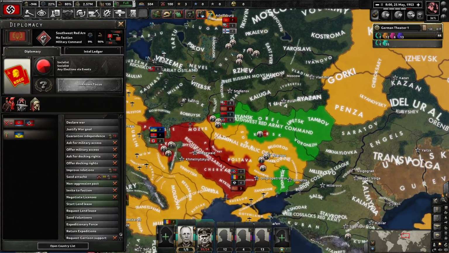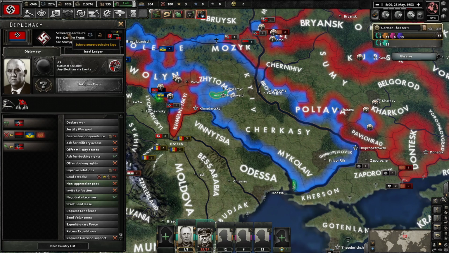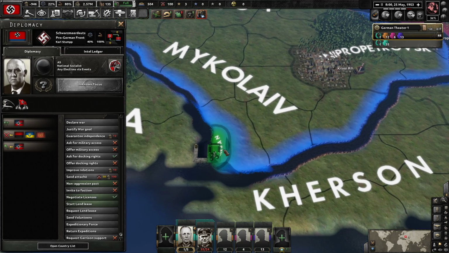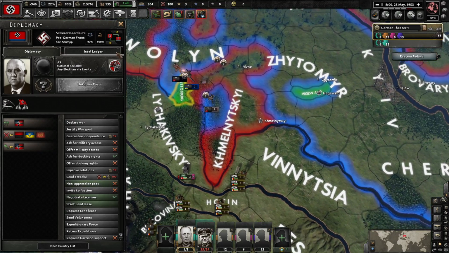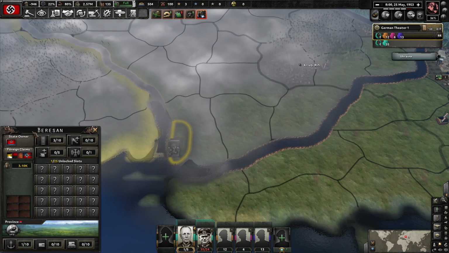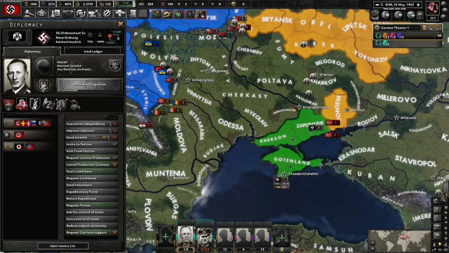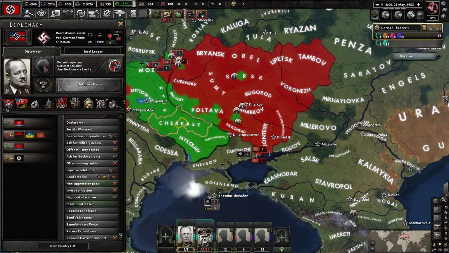completely. It's very, very unlikely that it survives. Ukraine is in a little bit of a better position, and they also have the Schwarzmeer Deutsche Liga on their side, because why the fuck not? They're basically a few single provinces: Ottosburg, Hegewald, and Beresan. Okay, sure. I believe Gotenland can also get involved and try to first quote-unquote help Ukraine, or Reichskommissariat Ukraine, and then kill